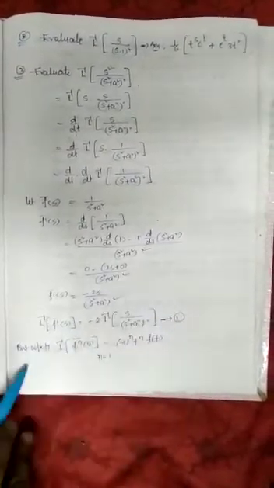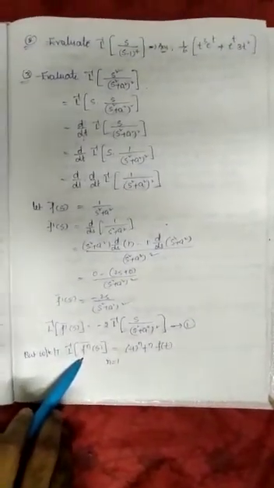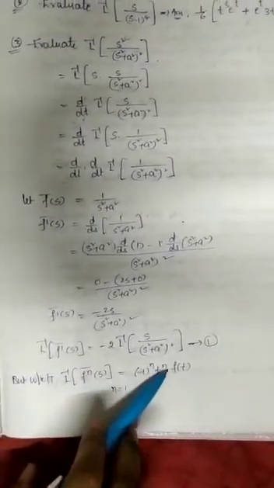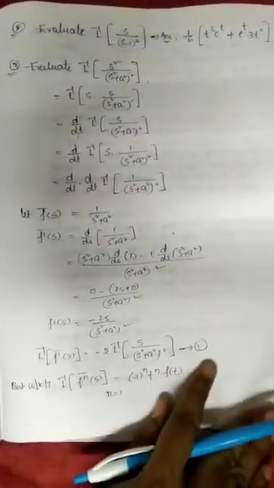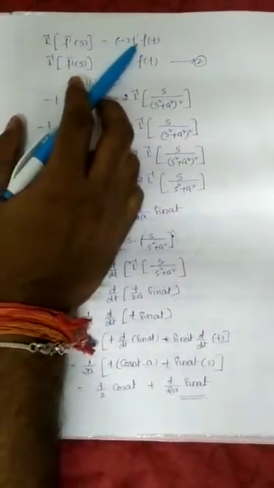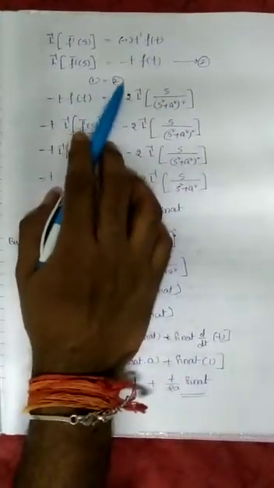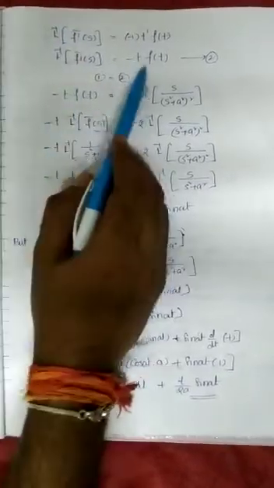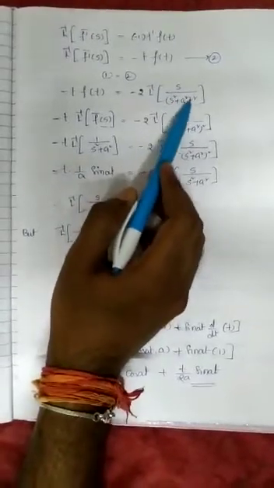Then by using this formula we know that Laplace inverse of f to the power of n bar of s is equal to minus 1 to the power of n, t to the power of n into f of t. Now let us substitute n equal to 1. Laplace inverse of f dash bar of s equals minus 1, t power of 1 into f of t, considered as equation number 2. Then equation 1 equals equation 2. On the LHS of the first equation, substitute this value: minus t into f of t equals minus 2 into Laplace inverse of s by (s square plus a square) whole square.